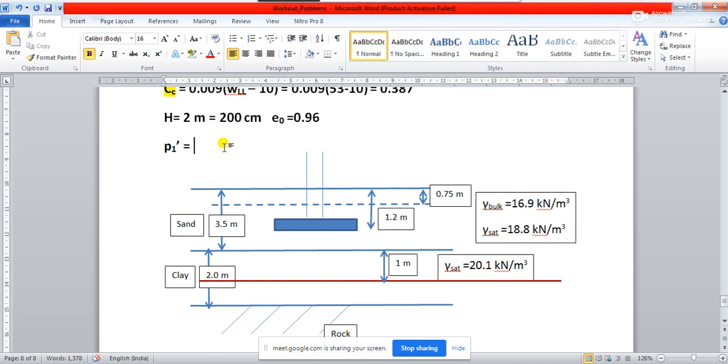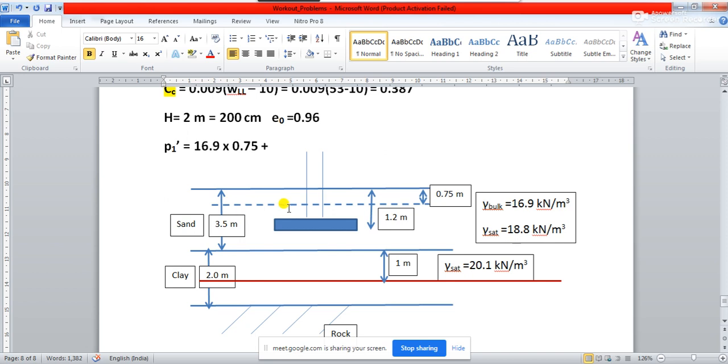So what you are doing? Gamma bulk into H. In this case, gamma bulk is how much? 16.9 multiplied by, what should I multiply? 0.75. Absolutely correct. 0.75 plus, what should I do? Plus